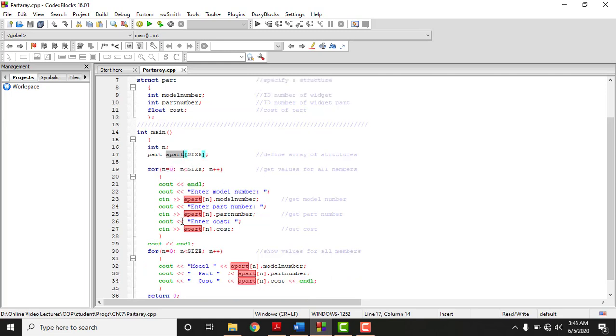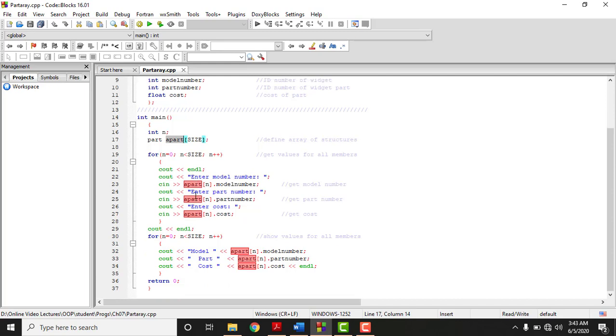Now we have used this for loop here. So for loop of course needs the variable, so we have defined the variable on the top here. So n is equal to 0 and n less than size, and size is 4, that means we'll go till 3. So from 0 to 3, that means 4. And we have used the statement cout endl to leave one empty line there, or to start from a new line, I would say. And then first we'll enter a model number, and this model number will be